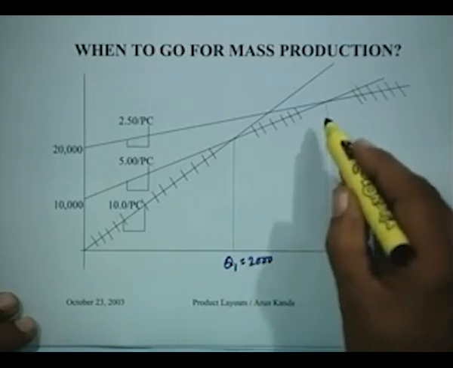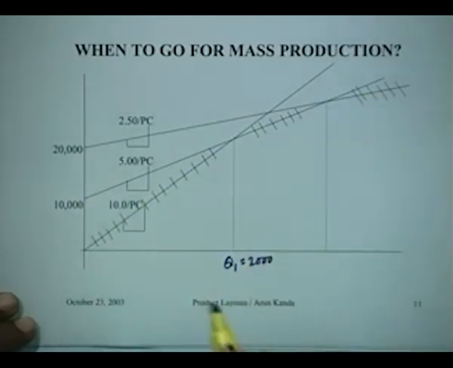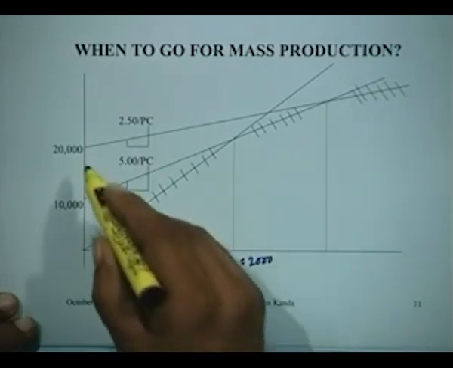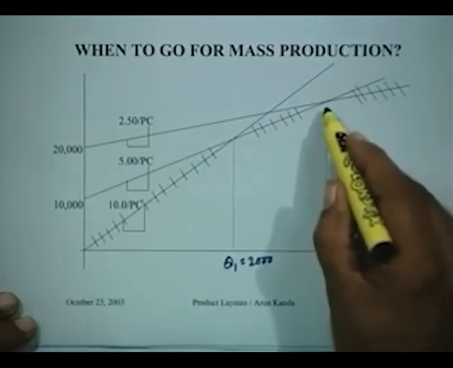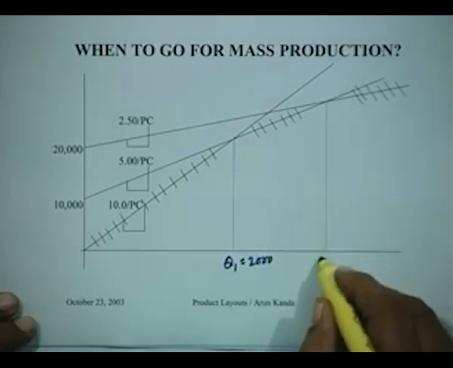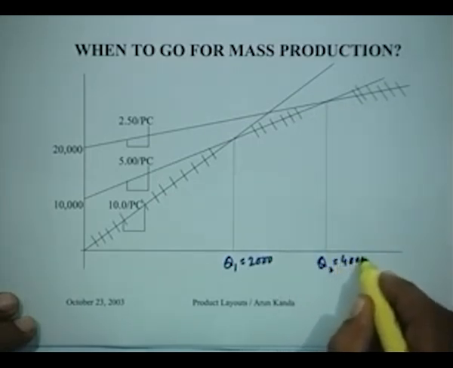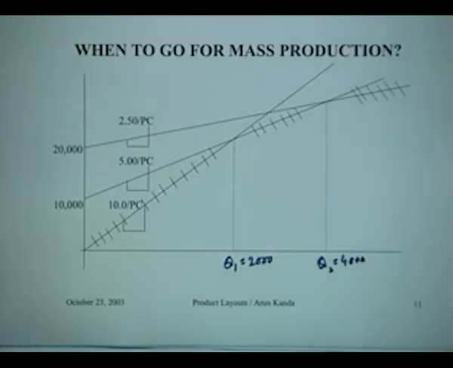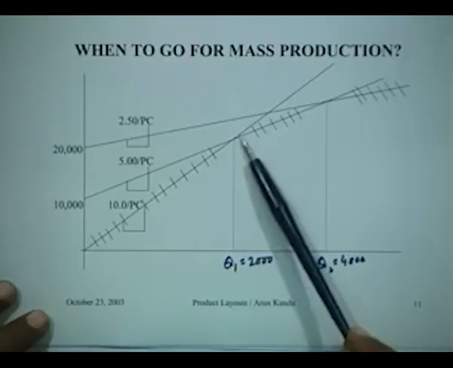And then you find out the trade-off between the other two options, that is between the option of buying at individual stations and the option of setting up a full assembly line. So what would be this value? 4000. So this Q2 is 4000. Now this simple analysis tells you something very interesting. What it says is that the least cost option is the one which is shown hatched here,